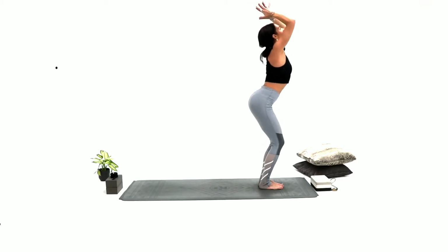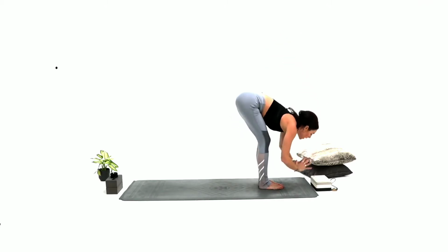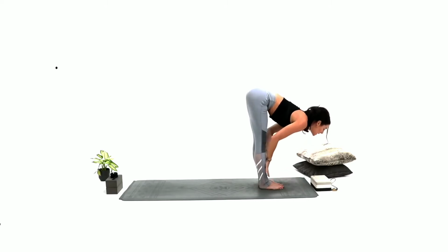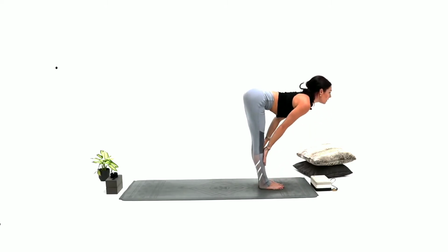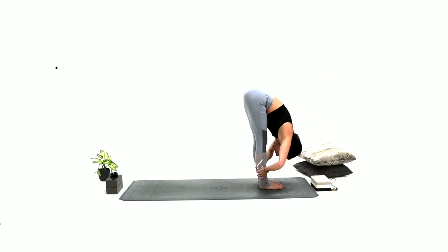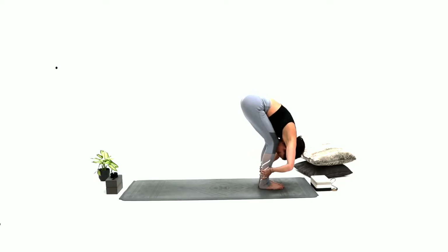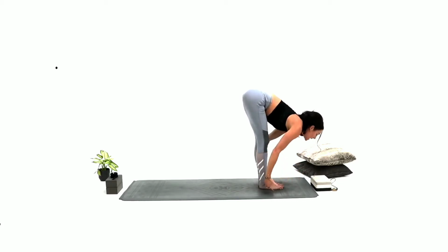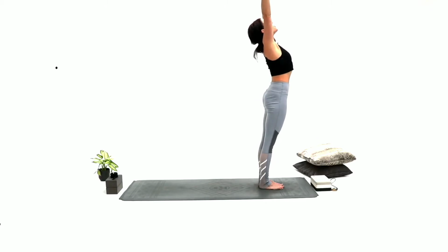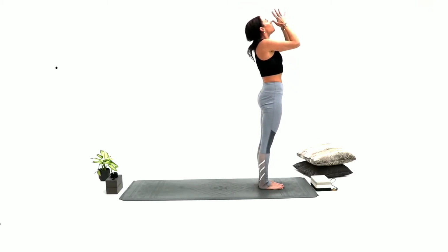On the exhale, soften through the knees, fold forwards, Uttanasana, forward fold. Inhale, flat back, hands on the mat to the shins or to a block and lengthen. Exhale, draw yourself back down. You can keep the legs straight or keep them soft. On the inhale, rise, come all the way back up, taking our half Sun Salutation. And on the exhale, draw your hands all the way back through heart center,